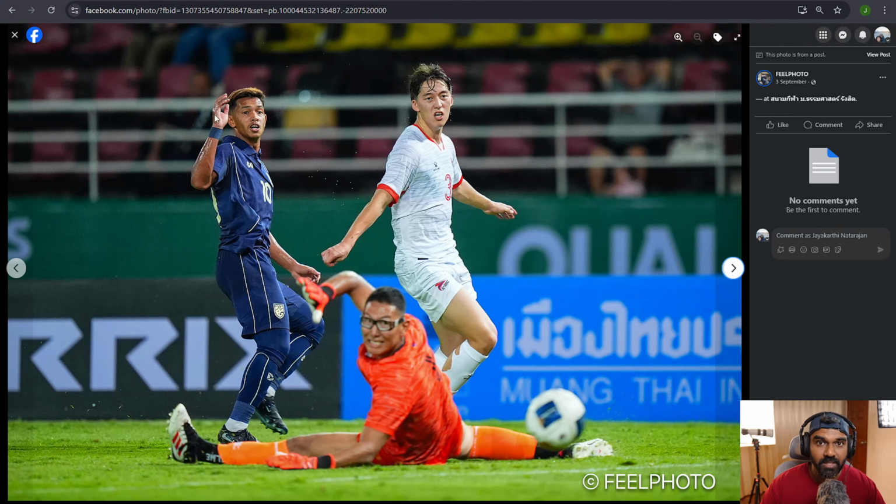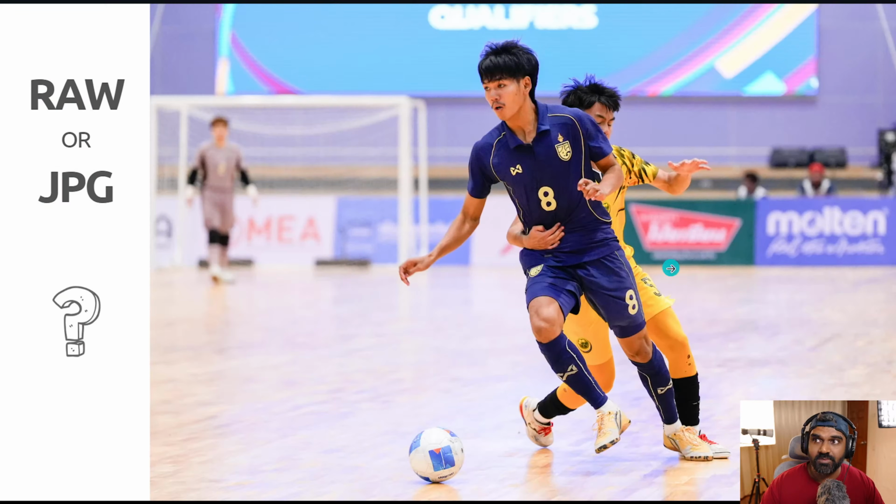These are JPEGs. Can you believe there's absolutely zero noise? He has the in-camera noise reduction turned on to normal, and that's it. He doesn't use any sort of other noise reduction software in post. So I was surprised by how well you can use JPEGs in this sports environment.